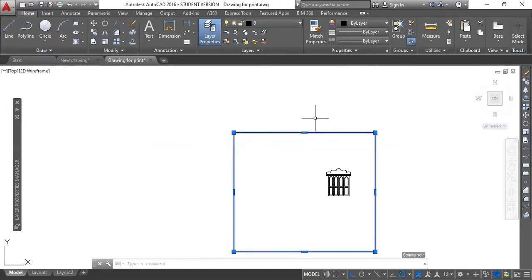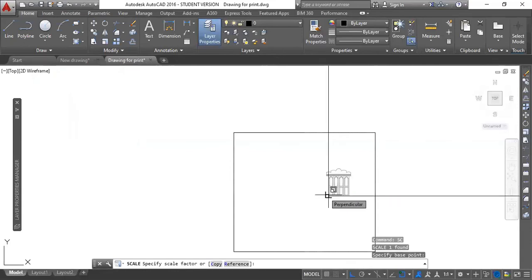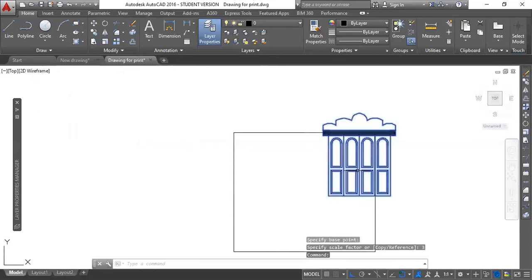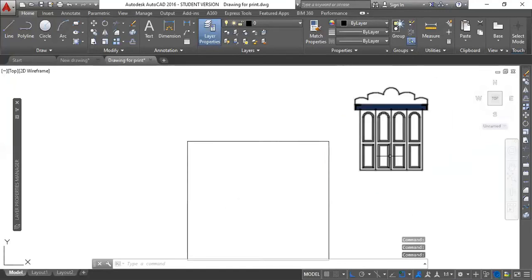Suppose this top side is 12 feet and this is 10 feet. So you have drawn your bedroom in actual dimensions, but the sofa element that you have copied from the template is in this much size, or maybe even much smaller. So you need to have a particular piece of information, and that is the standard size of a sofa. And how will you get to know that?